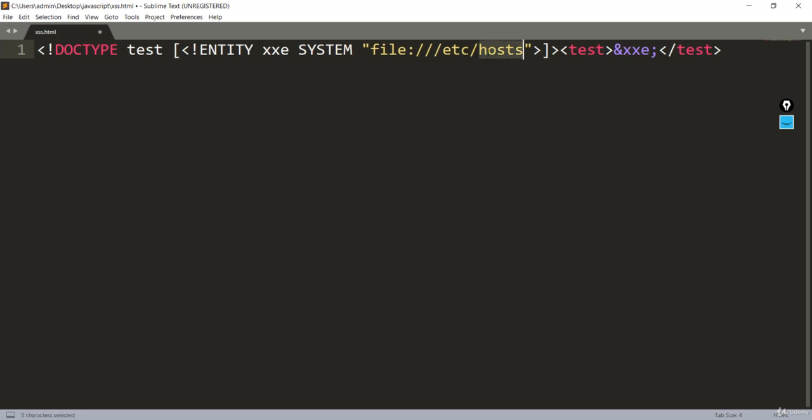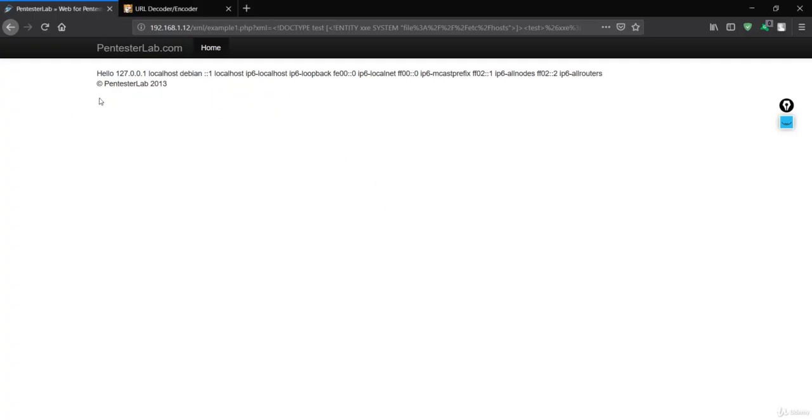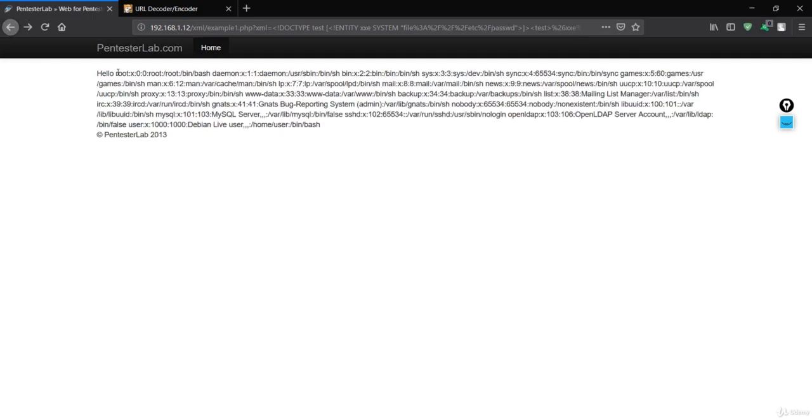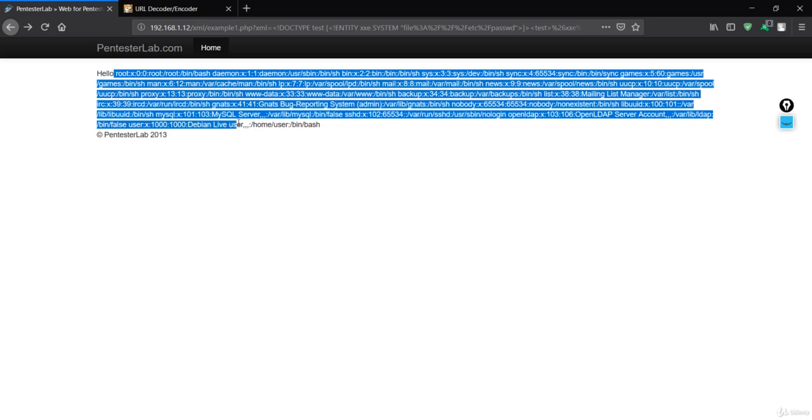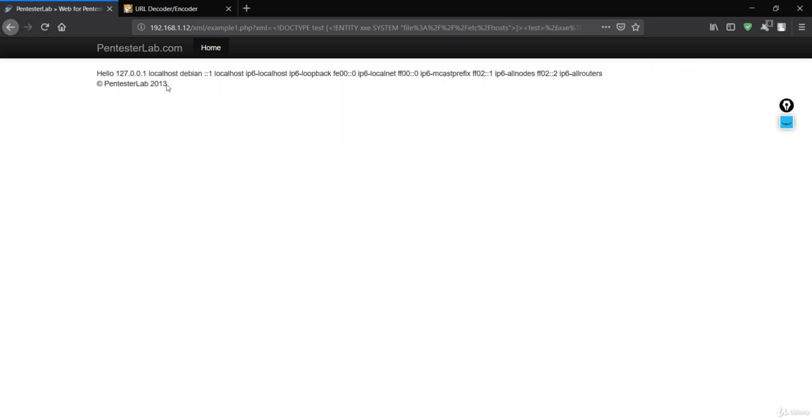With this you can also access the whole file system of the server with this simple attack, which is named XML external entity, which tells the parser to fetch the system file with this simple payload. So this is the type of the external XML entity. We just got the attack here. We see the content of passwd and we also see the content of hosts.